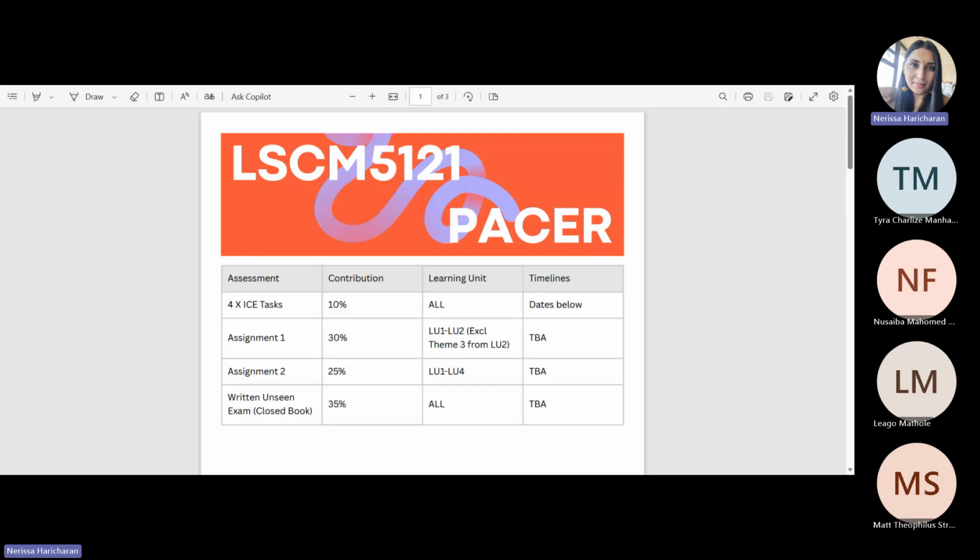Then we have assignment 1, which is Learning Unit 1 and Learning Unit 2. Those dates I'm going to confirm with you. And then we have assignment 2, which is 25% of your CAS mark. And these dates as well will be a confirmation. And the last one is your written unseen examination, meaning that you are walking into the exam room, not seeing